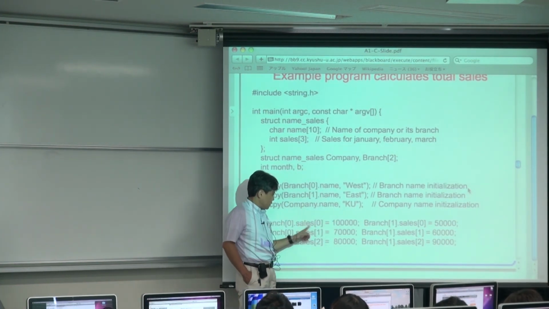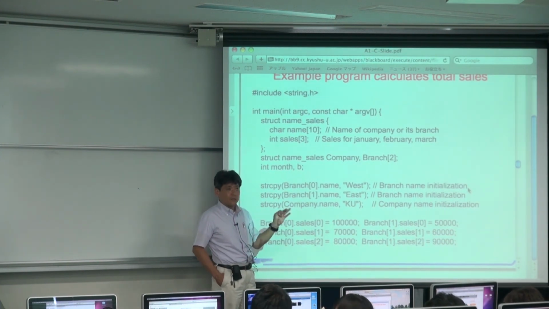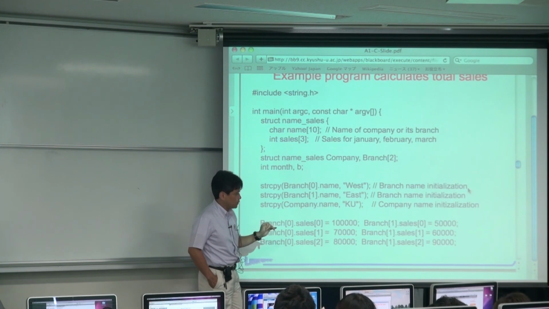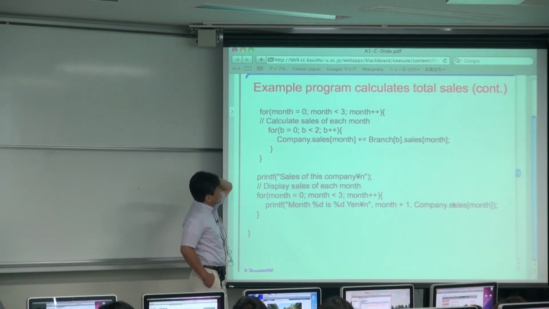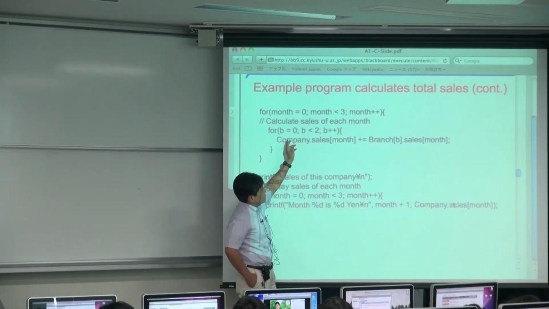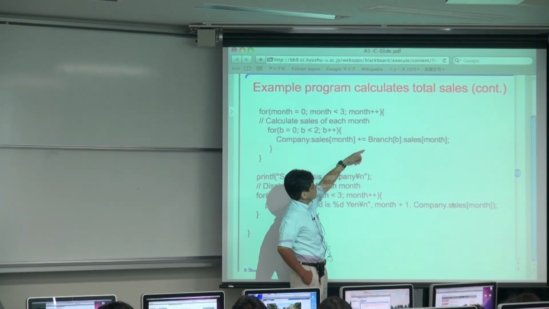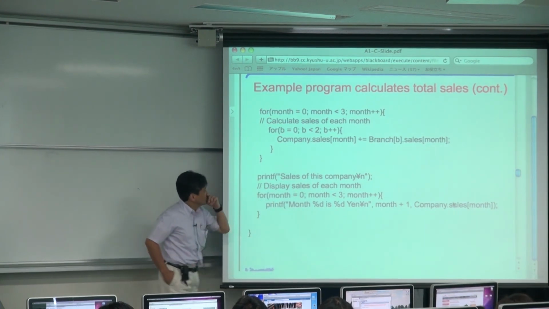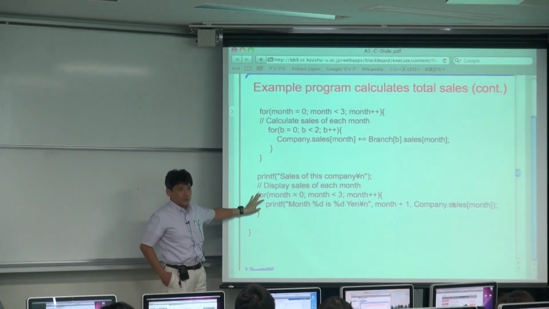And sales 0, 1, 2 correspond to January, February, March, respectively. Okay? So using this for loop, you can calculate the total sales for the company, using the plus equal operator. And finally, this program outputs results